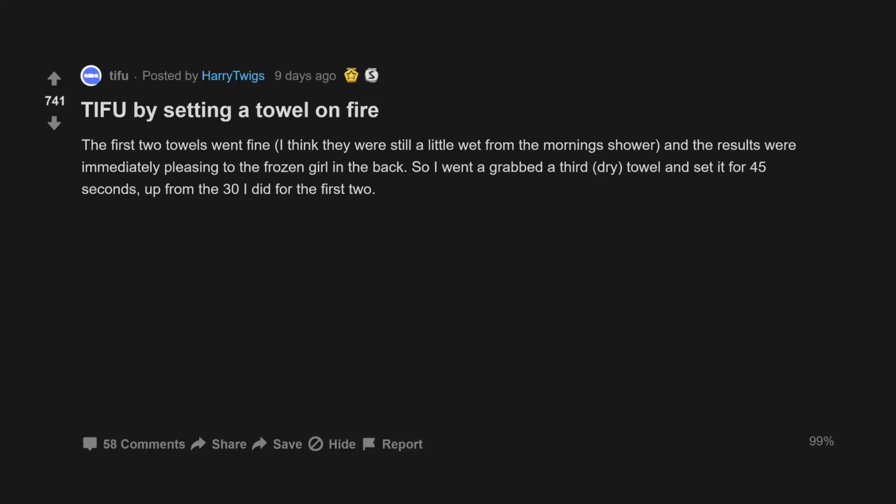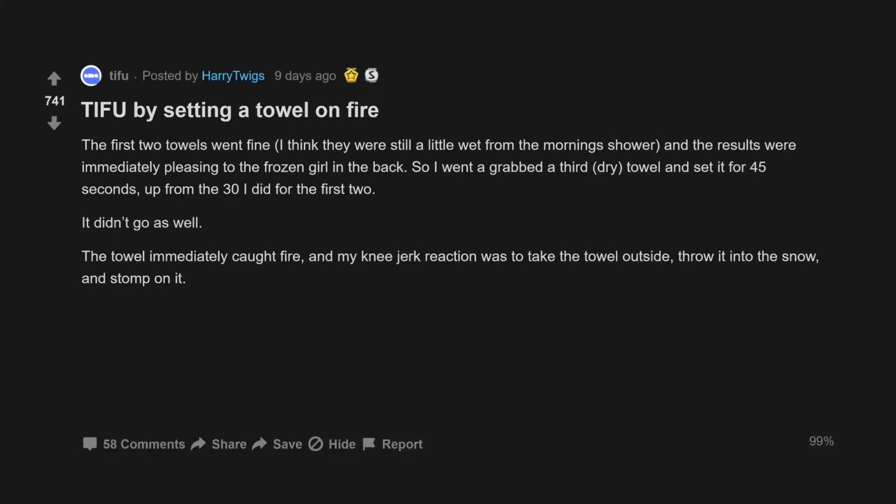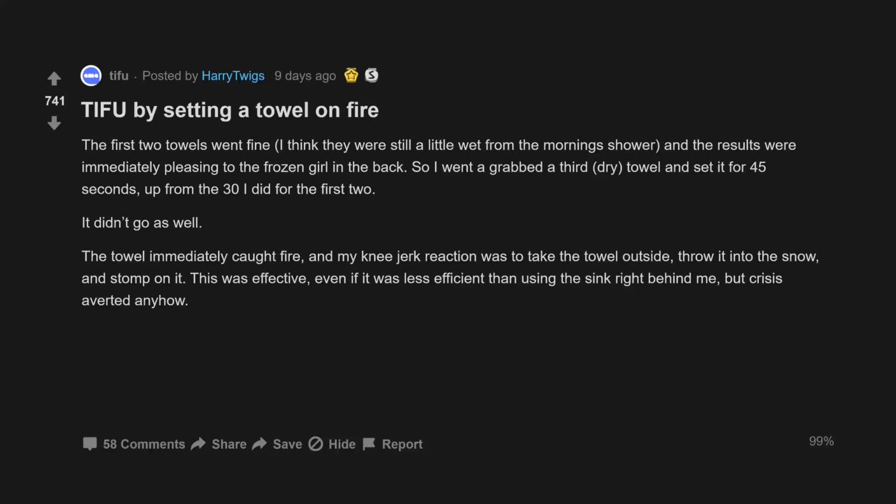So I went and grabbed a third, dry, towel and set it for 45 seconds, up from the 30 I did for the first 2. It didn't go as well. The towel immediately caught fire, and my knee-jerk reaction was to take the towel outside, throw it into the snow, and stomp on it. This was effective, even if it was less efficient than using the sink right behind me,